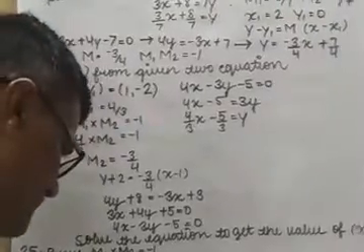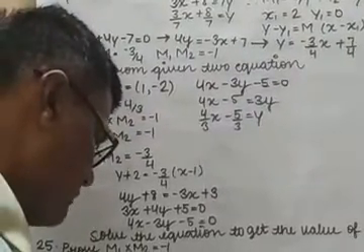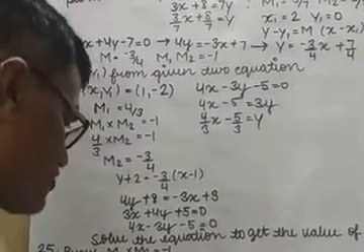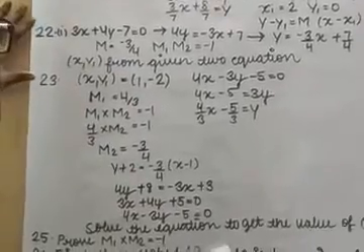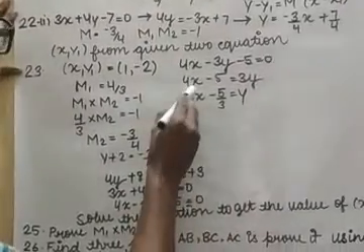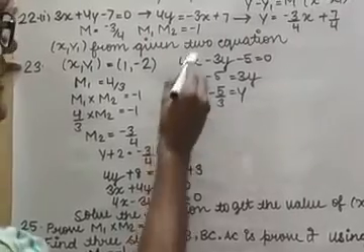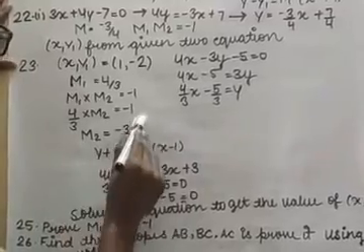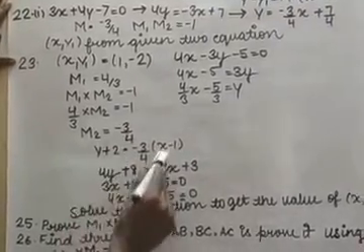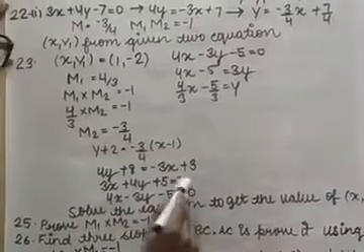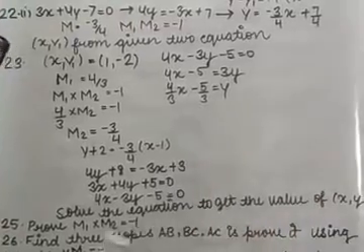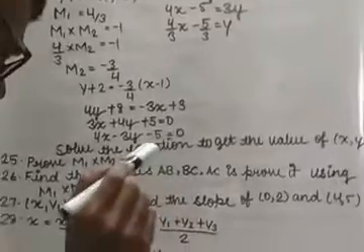Question number 23: find the equation of the perpendicular from the point this on the line this, again 4x minus 3y minus 5 is equal to 0. With the help of this equation you are going to calculate the value of m. So I calculated the value of m here, and m1 is 4 by 3. I have calculated m2, that is minus 3 by 4. Again I have used the same formula: apply the formula and form the equation. Solve the equation to get the values of x and y, meaning you have to solve these two equations simultaneously and then you will get the point of intersection.